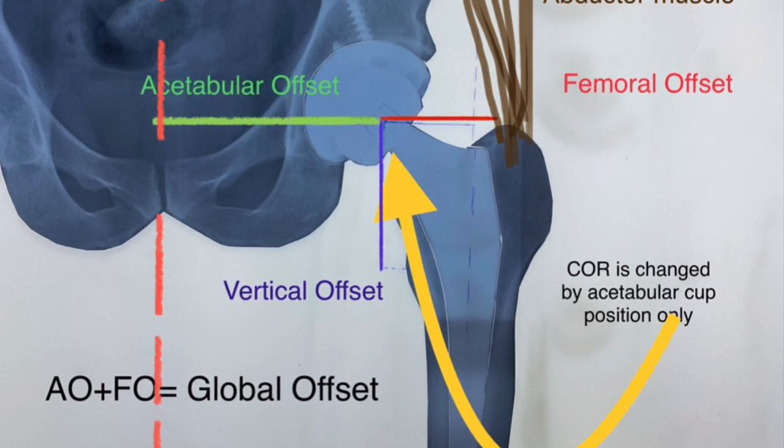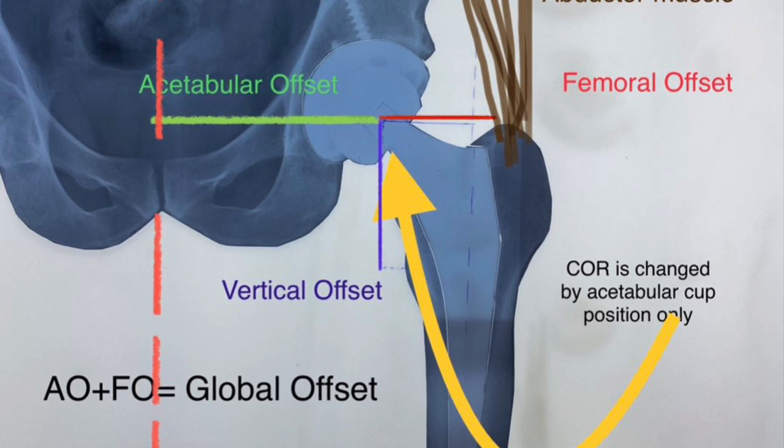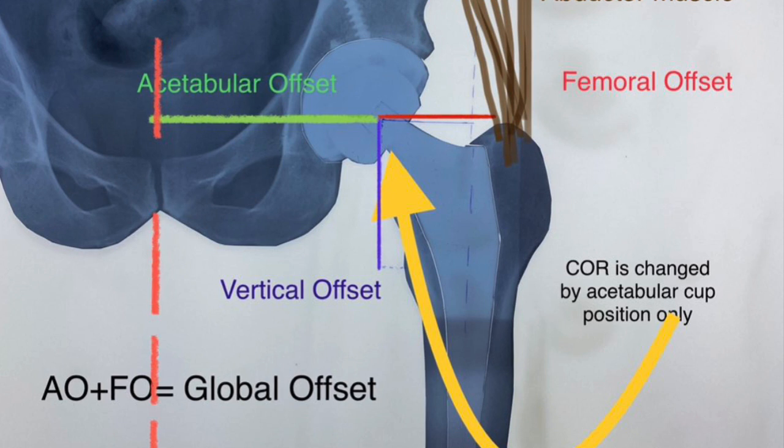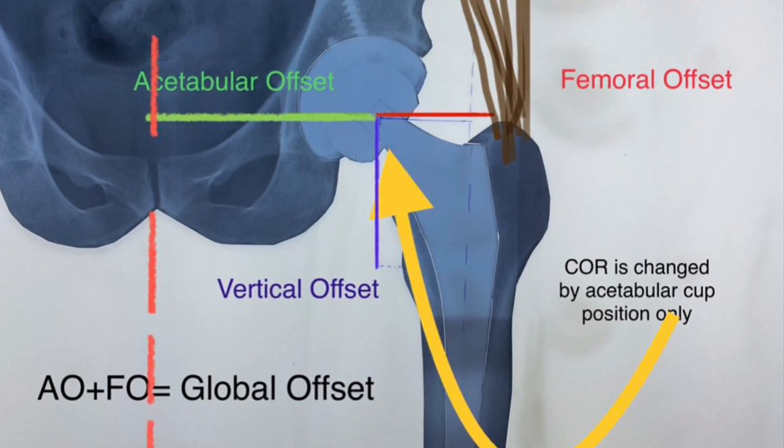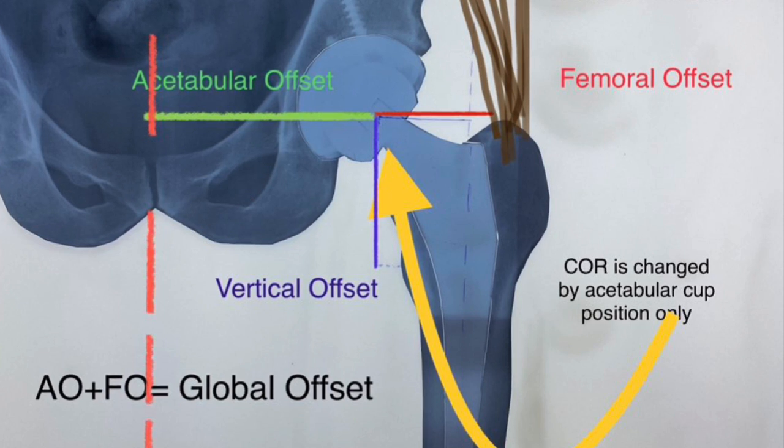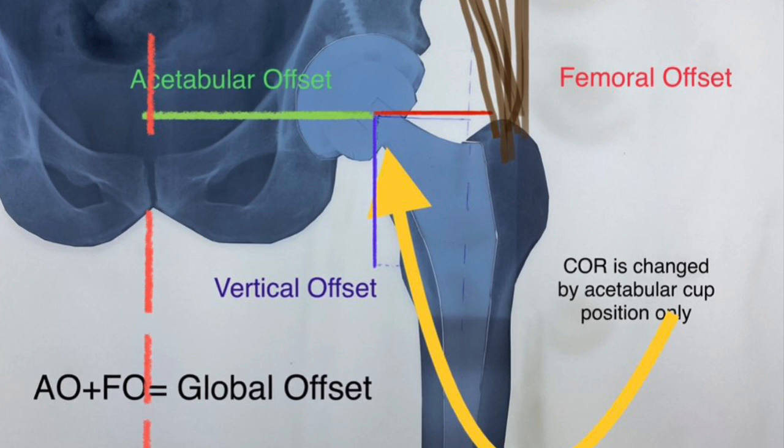If you find the vertical distance from the center of rotation to a fixed point on the femur, that is the lesser trochanter, then you get to know about the vertical offset. If you can recollect, this femoral offset is actually the abductor lever arm or the effort lever arm, which needs to be long enough so that you need less and less force or tension in the abductor muscles. And this acetabular offset, on the other hand, is the load lever arm. This needs to be short.